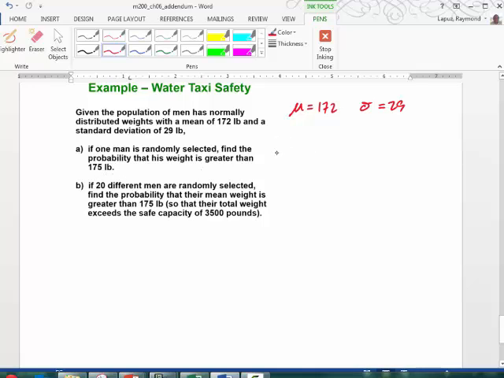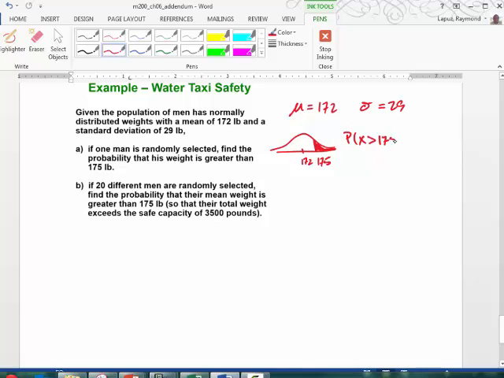So this looks very familiar. 172, 175 would be bigger than that, and it's greater. So we shade in that region. So we would be looking at this as what is the probability that the variable is going to be bigger